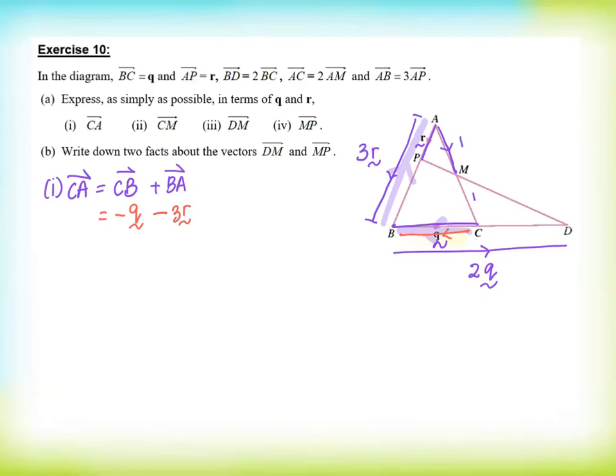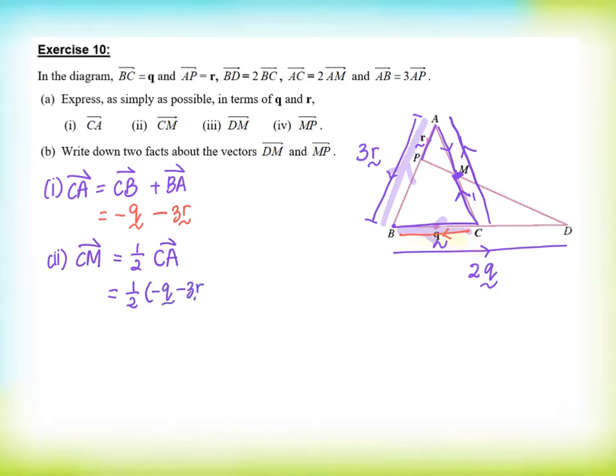Now part 2. Find C to M. C to M, we notice that M is in the midpoint. So C to M will now be half of C going to A. So if that's the case, I will use my previous answer. C to M going in the upwards direction, half of C to A. So negative Q